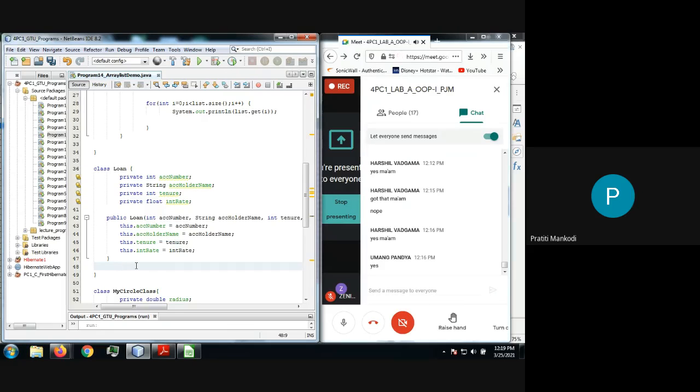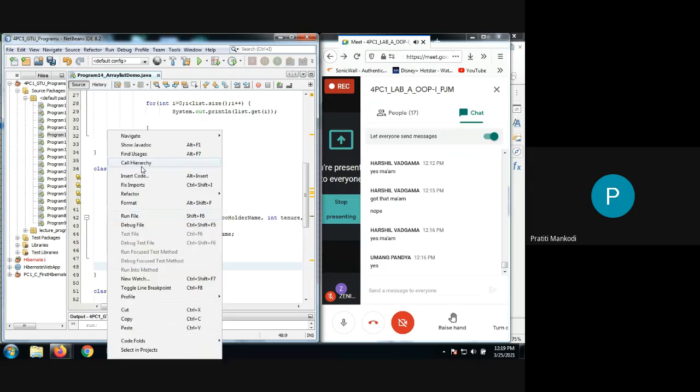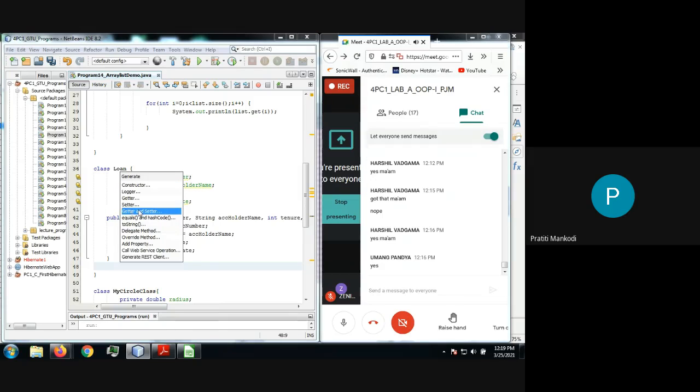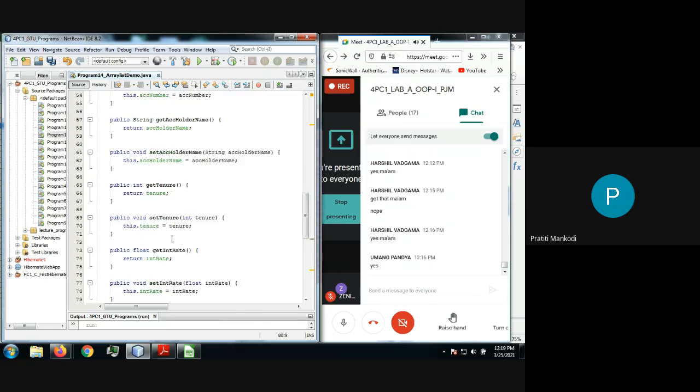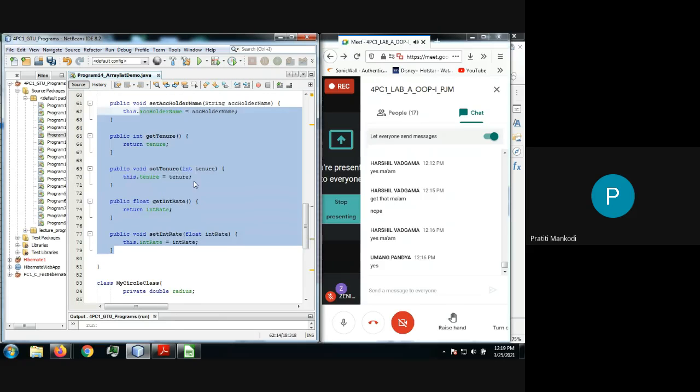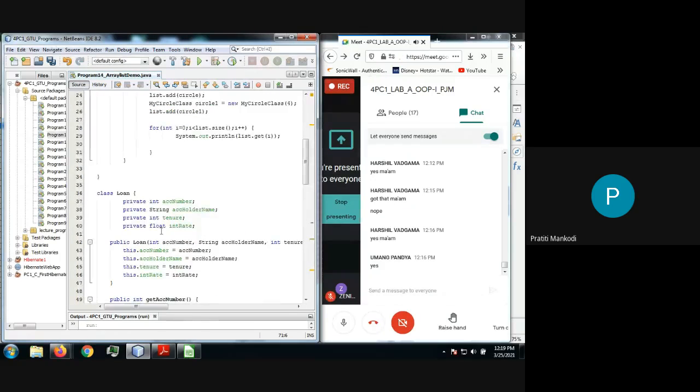Similarly, I want to add getters and setters. You can again right click inside the class, insert code, and here you can see getters and setters, right? Just click that for all the parameters you need getters and setters. You can always have your own combination. If you don't want it for a particular data member, you can skip it like this. Just click and it is automatically generated for you. You need not worry about this. This is an awesome feature, right?